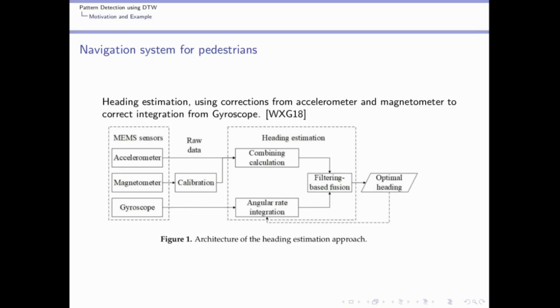What you obtain would have a drift due to the errors, and so the idea is to correct these estimates with data from, for example, accelerometers or magnetometers, thus having more precise estimates. So this was a navigation system for pedestrians, but I'm more interested in vehicles,